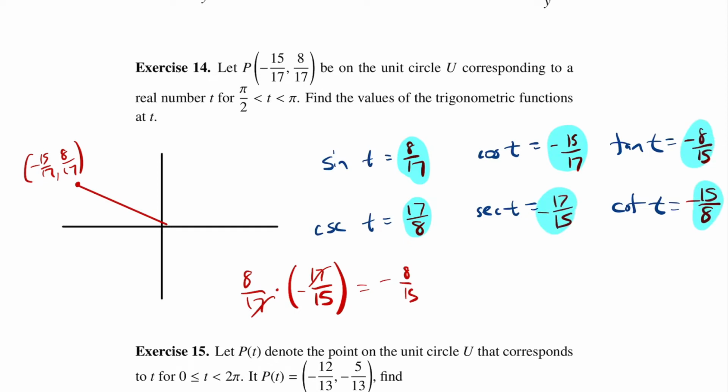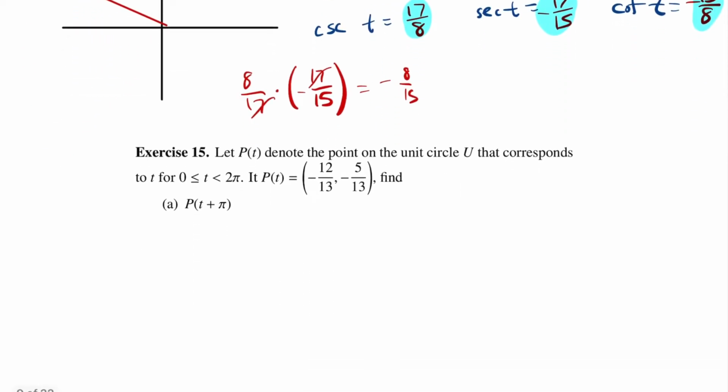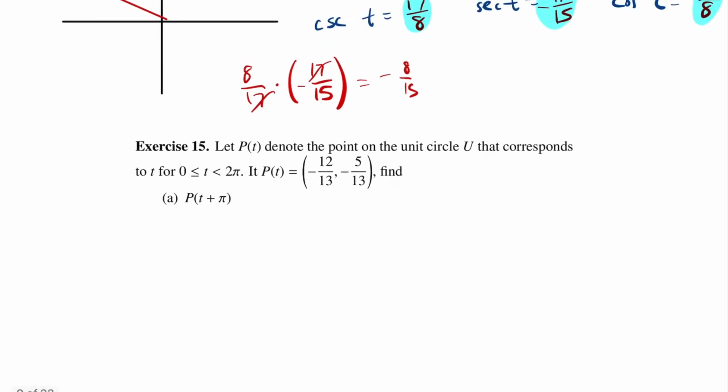All right, next problem. They tell you it's a point on the unit circle once again. So this is going to be in the 3rd quadrant because it's negative, negative. So that would be somewhere over here. Negative 12